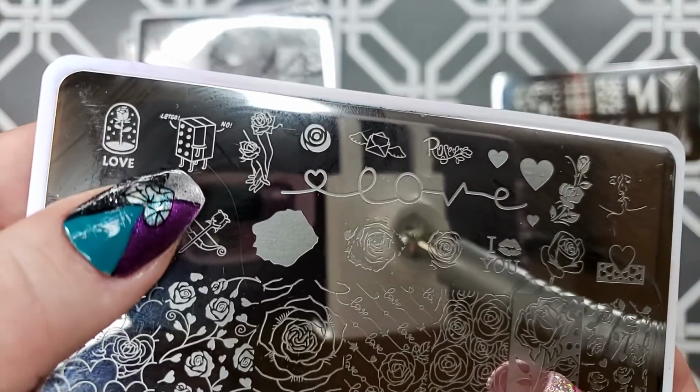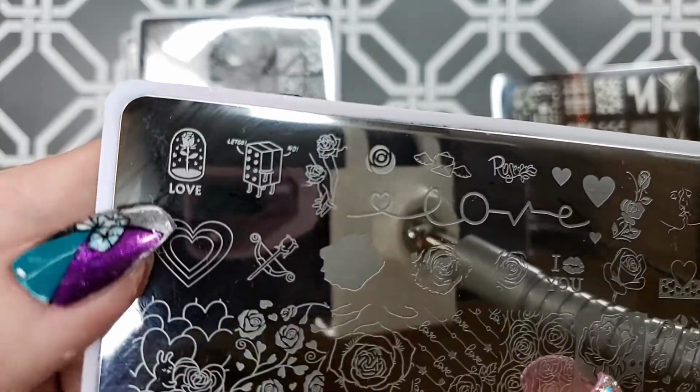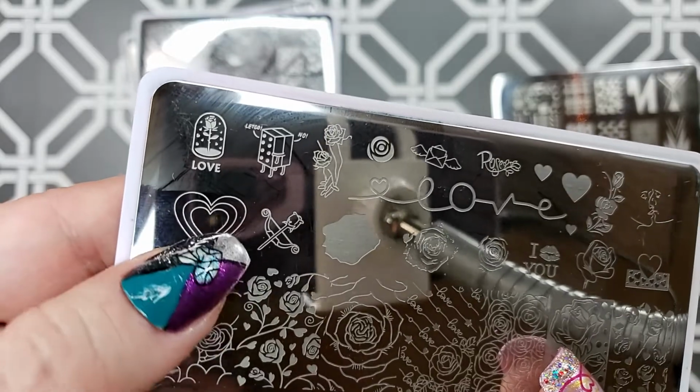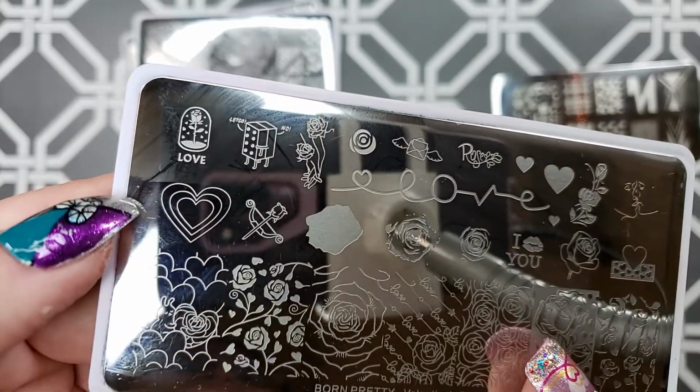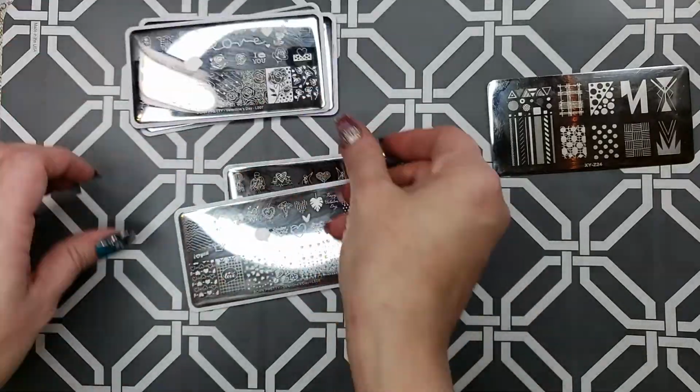Don't know what that is. So that's interesting. This reminds me of Beauty and the Beast. And that would be fun if you did a bunch of different colors, like a rainbow or something for that. Okay, so let's go on to